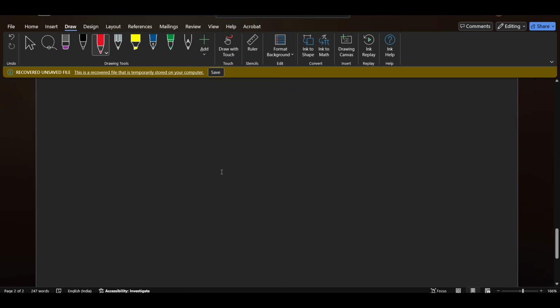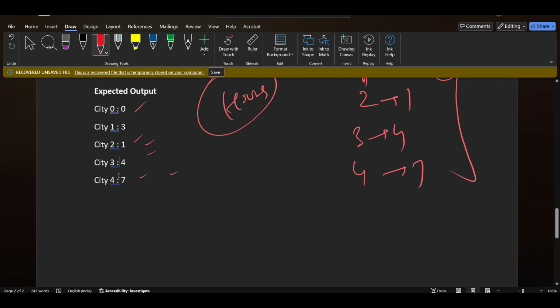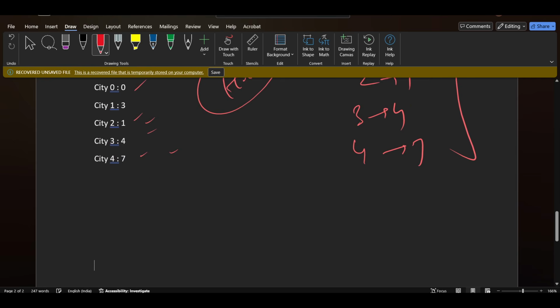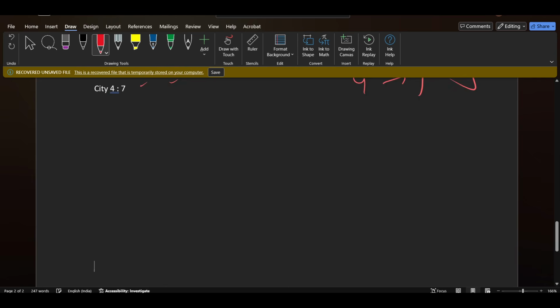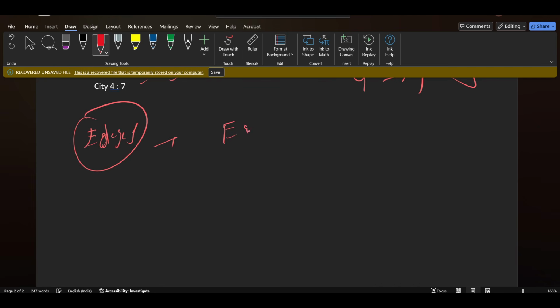So how will we actually write the code? We will use Dijkstra algorithm. Dijkstra algorithm we always use for weighted graphs, right? We already know. So how will we use it? Basically we have the edges list. We will start pushing the edges in a min heap.